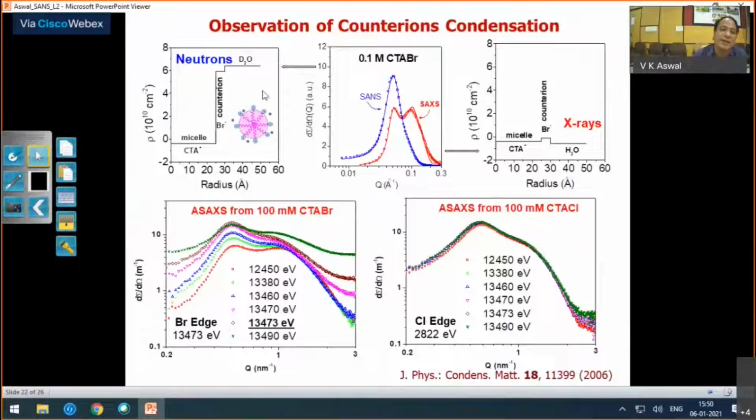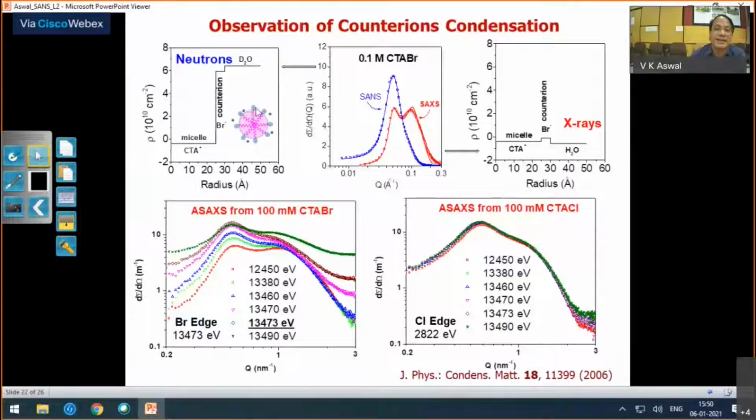And unlike NaCl, where both sodium and chloride are dissociated, since these positive ions are at the surface, they will attract these counterions. The final property of this structure will be decided by how much of these counterions are condensed, because this macro ion can attract these small counterions. And we want to see how these counterions are condensed at the surface.